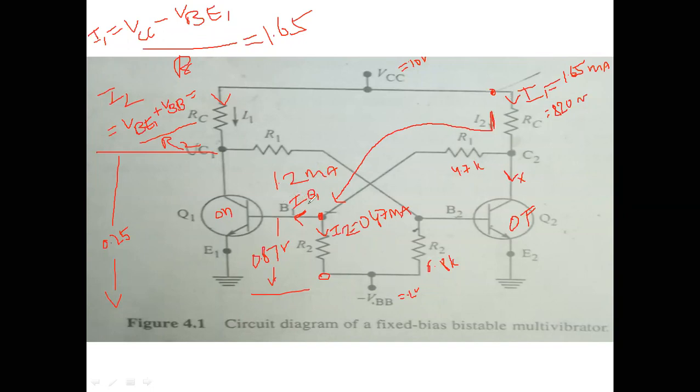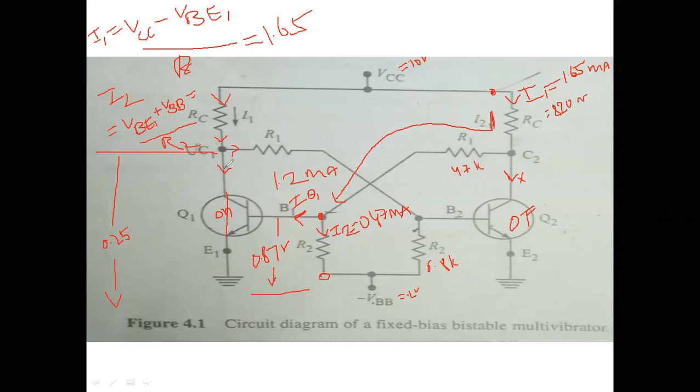Next, what current do you have to find out? Find out this current next. For an on transistor, this is on the off side. This is an on transistor. The current comes here and flows in this direction. Because this is on, it is a short circuit here, therefore current will flow in this direction also. Here, the off transistor, we won't get any current.